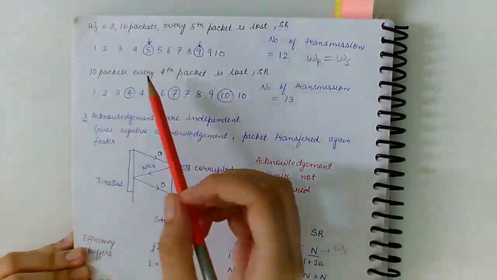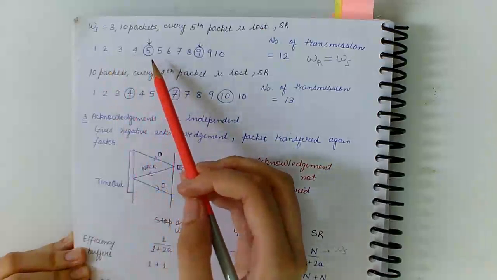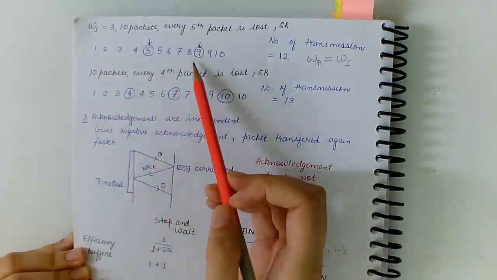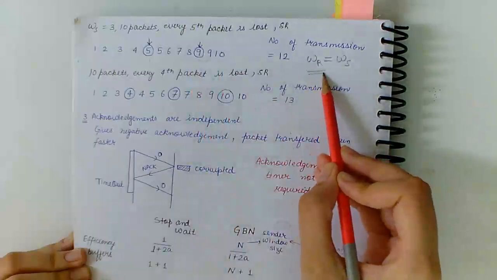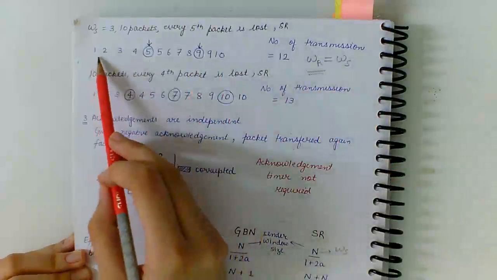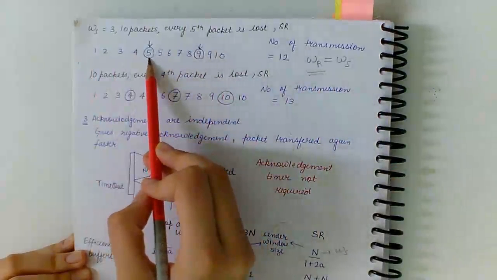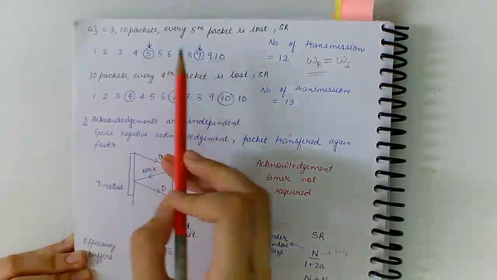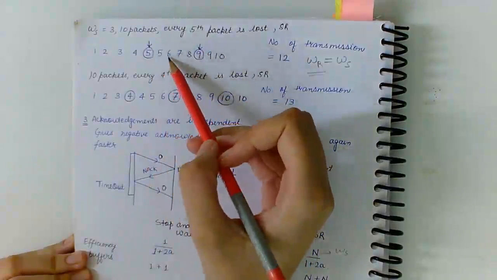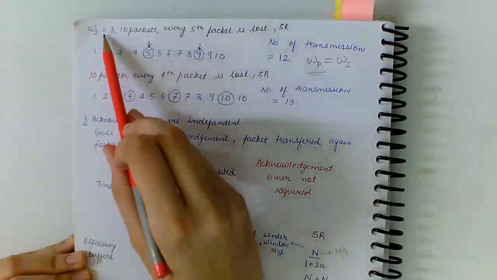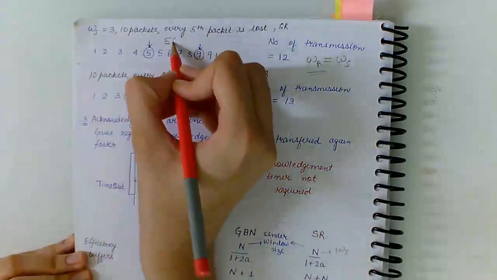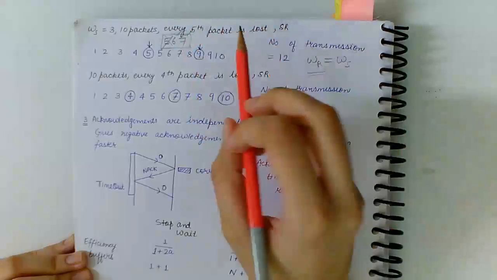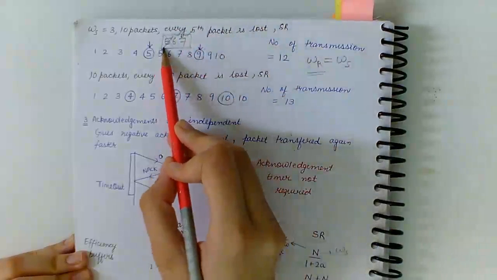So even if we are sending multiple packets at once, if one of them doesn't reach, the others which have reached will be stored in the buffer at the receiver window side. So here if the 5th packet hasn't been received, then we only have to resend the 5th packet. We don't have to resend any other packet, as if the window size is 3, 5, 6 and 7 will be sent together, and if 5 is not received, 6 and 7 will still be accepted at the receiver side. So we only have to resend 5.